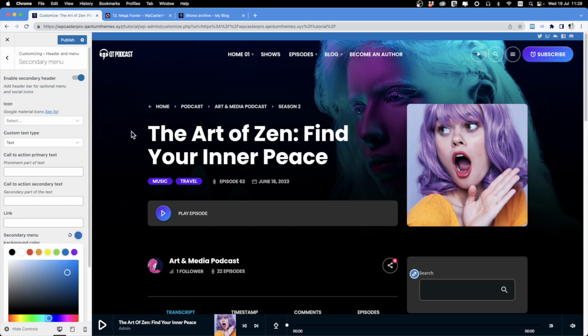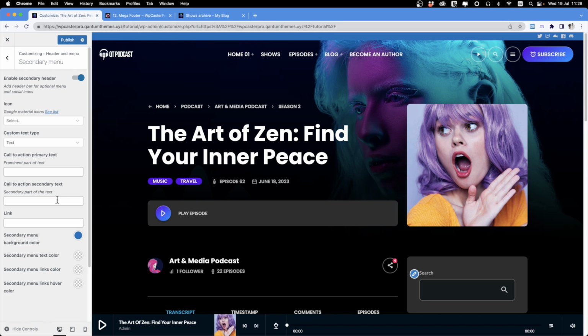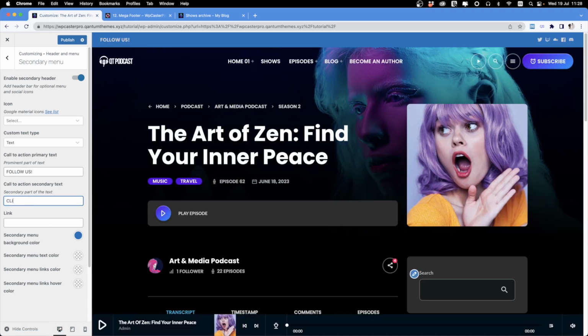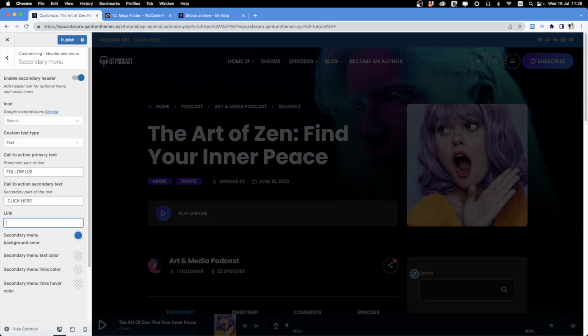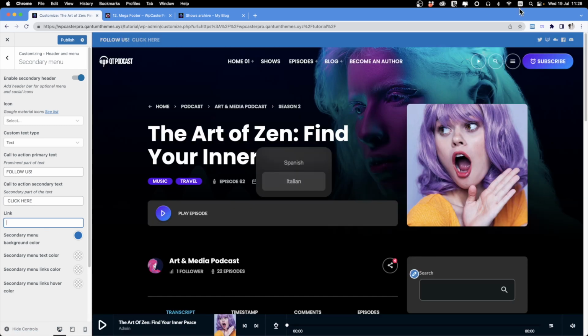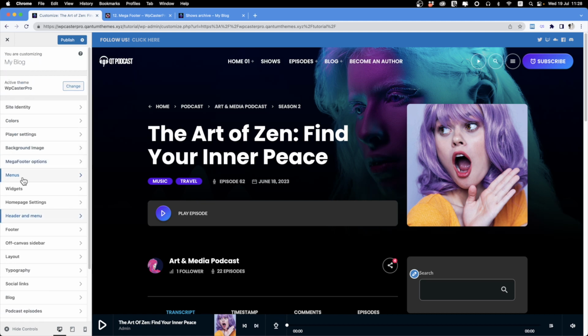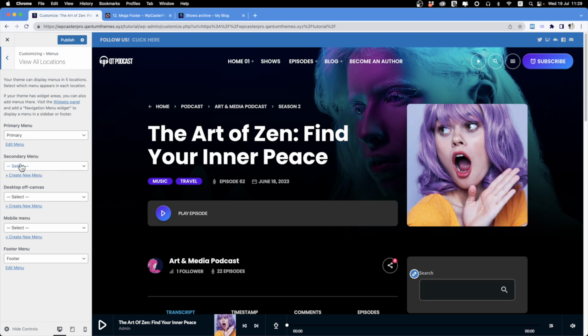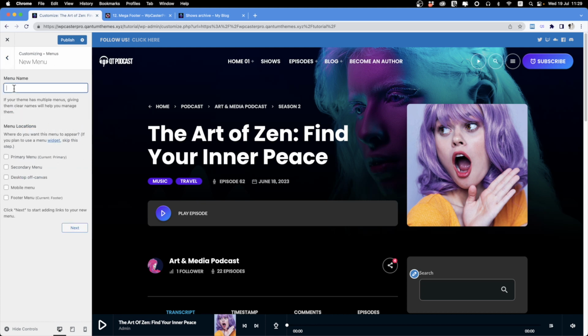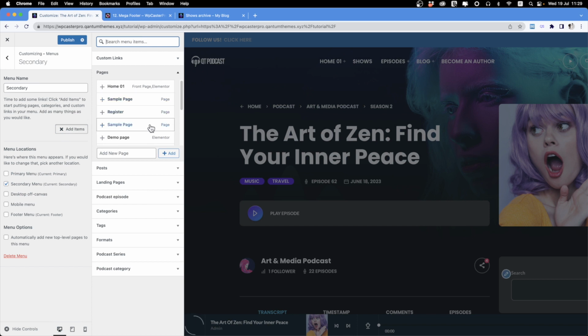You're able to set a custom background, custom contents, which will appear here, and set a link. Here you can add another menu. So let's go back to menus, view all locations, and set a menu here. You can create a custom menu here by creating a new menu and set it to the secondary menu. Then we can add items. For instance, homepage,